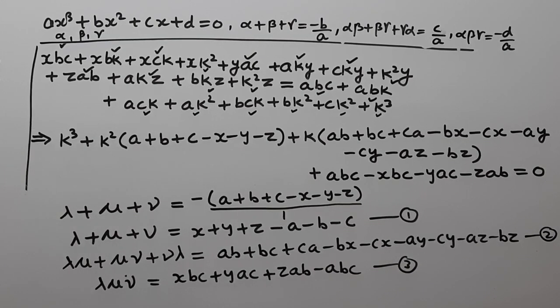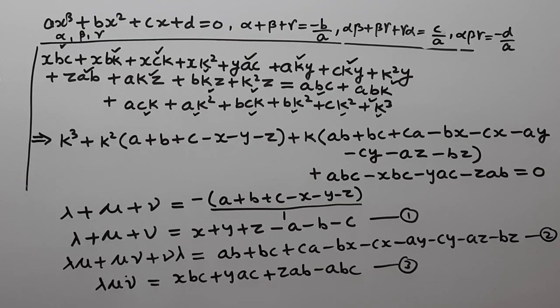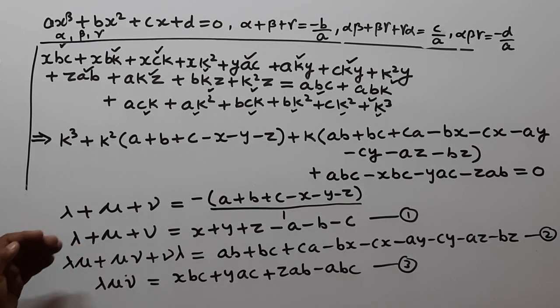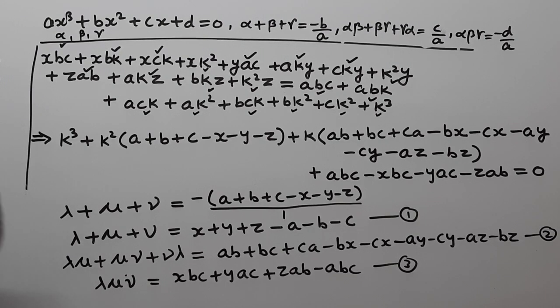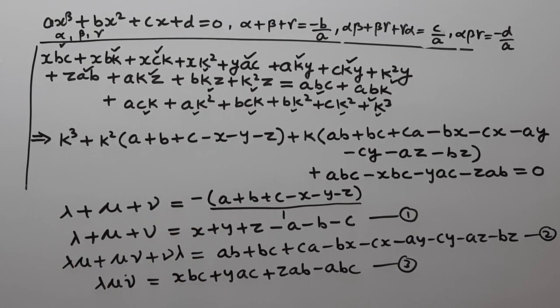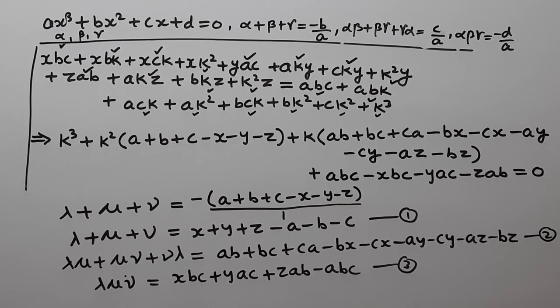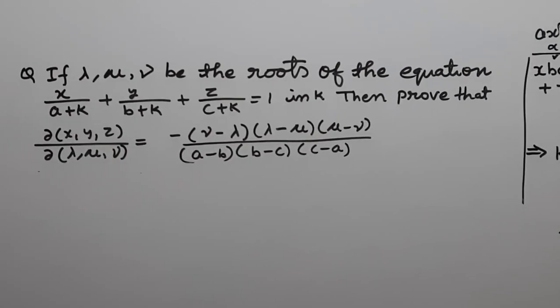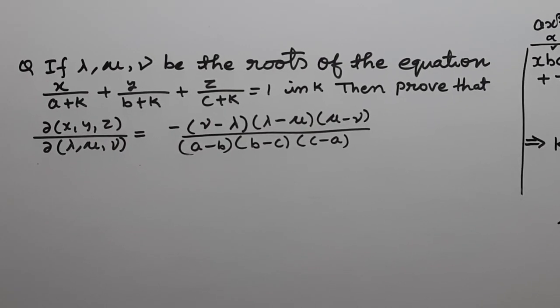Here you can see that 1, 2 and 3 are the implicit relations between the roots of the given equation in K and the variables x, y, z. So we write here the implicit relation in the form